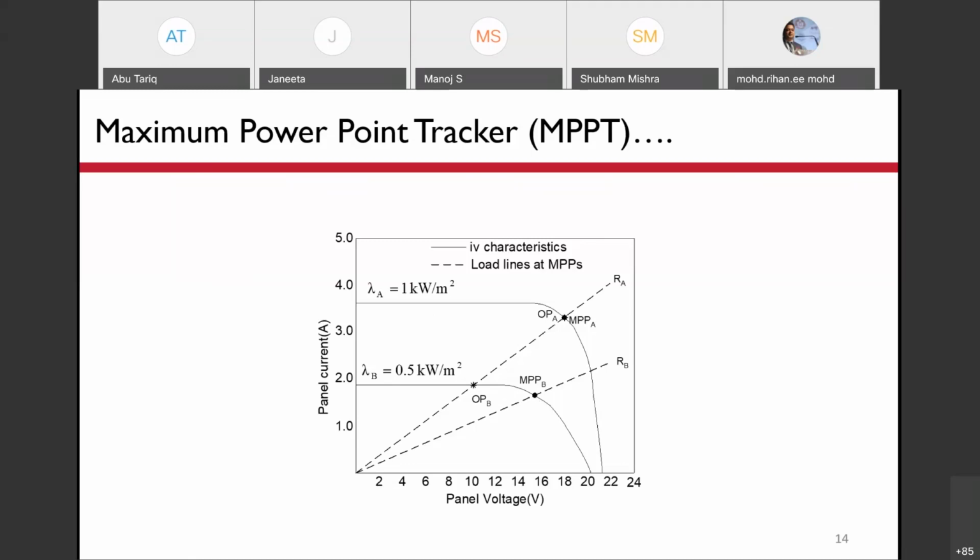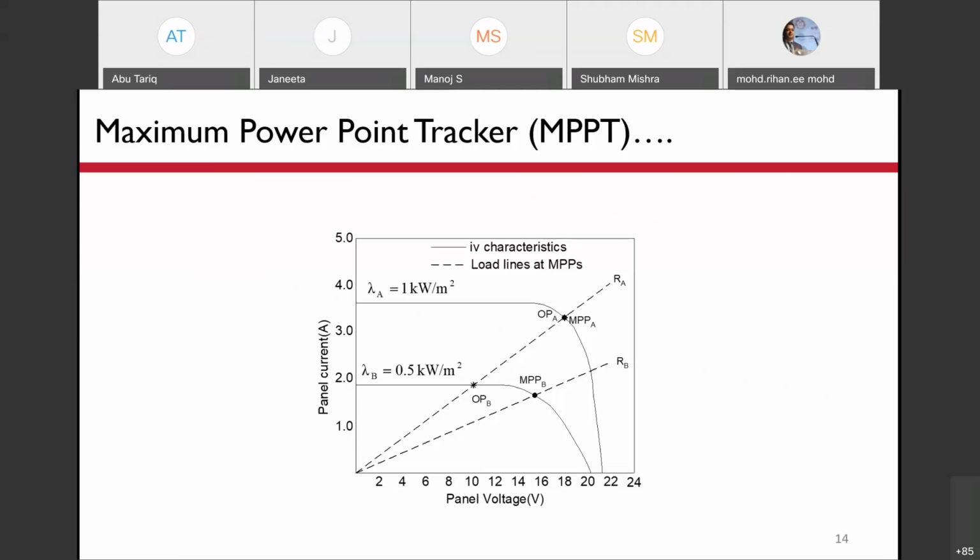This insolation condition and temperature condition will keep changing throughout the day and across the seasons. So this cannot be done manually, and you have to change the effective resistance of the load, or in simple words, you have to adjust the current drawn from the PV array so that the current is equal to the maximum power point current and the voltage is equal to the maximum power point voltage.